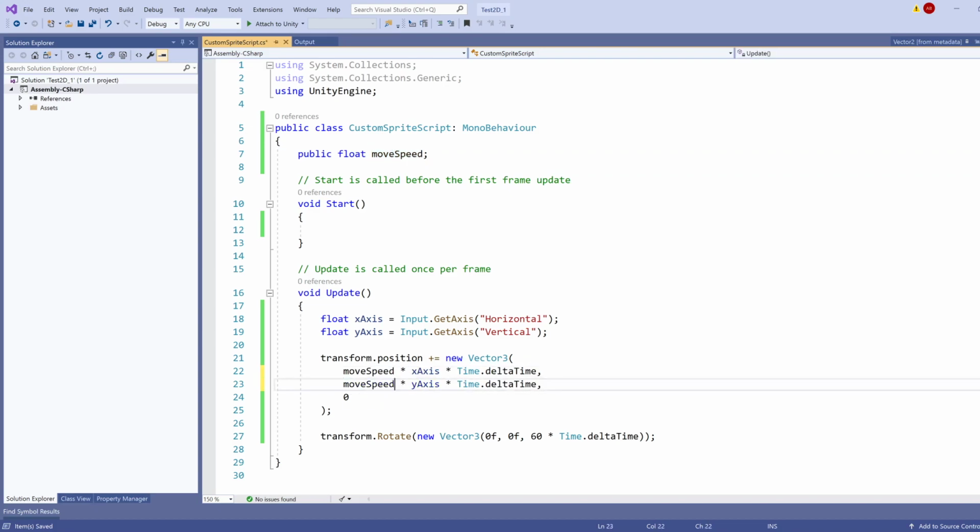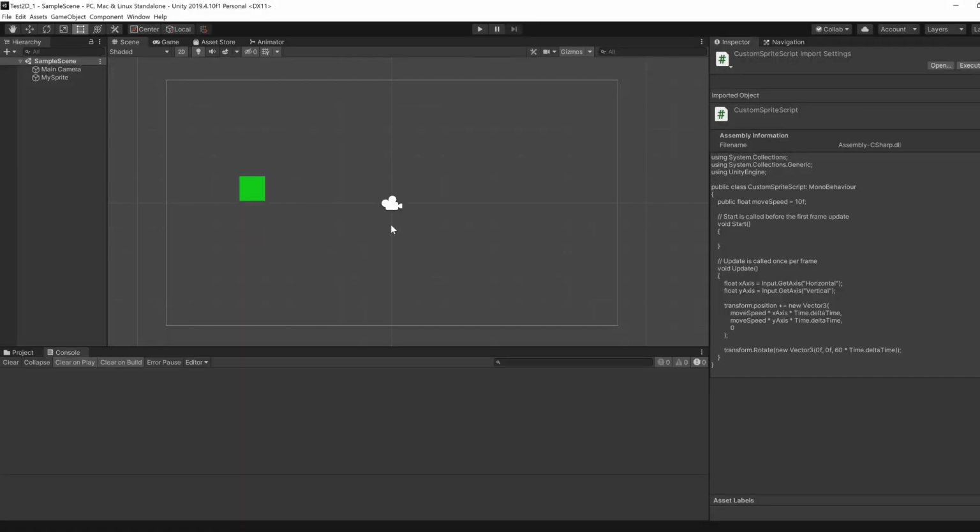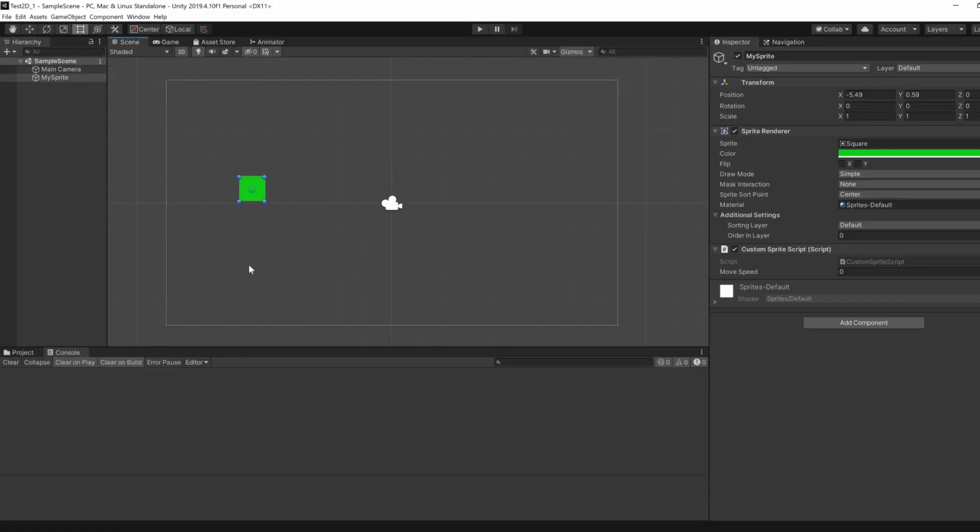We're going to just do this, set it to 10 by default, which is what the value was. And then if we go into the editor, select our sprite, which has the custom sprite script component, then we can see the move speed over here. And we should be able to change it to something like 20